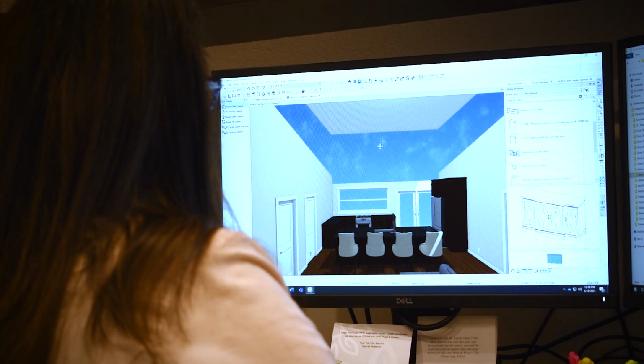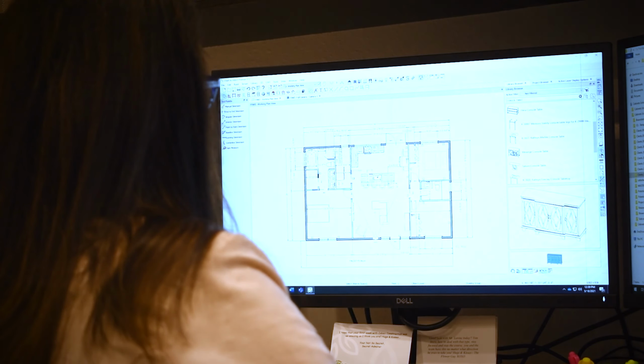A lot of times it's difficult to visualize what some of the materials that you've selected are actually going to look like. And it can be a little unnerving because you're just unsure and you get worried whether you're going to make a mistake or how it's going to look when it's all said and done.